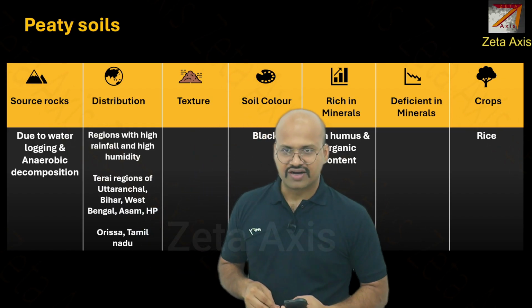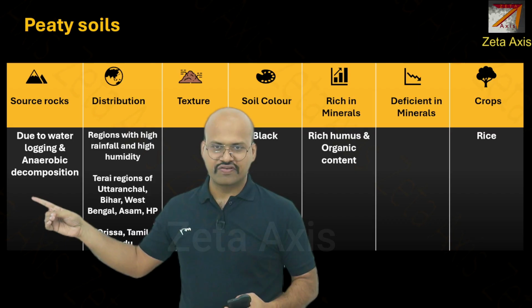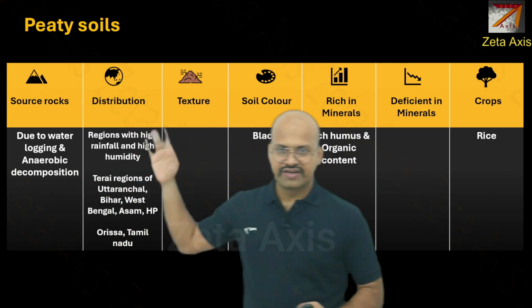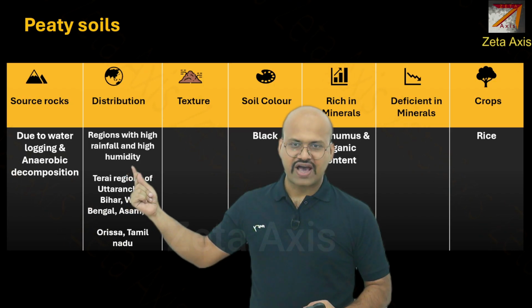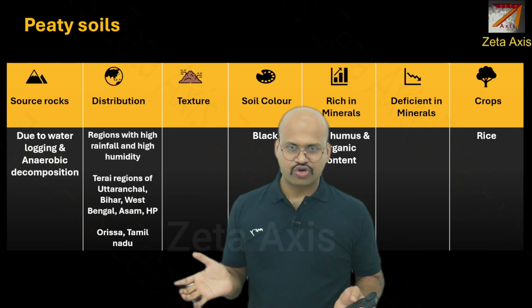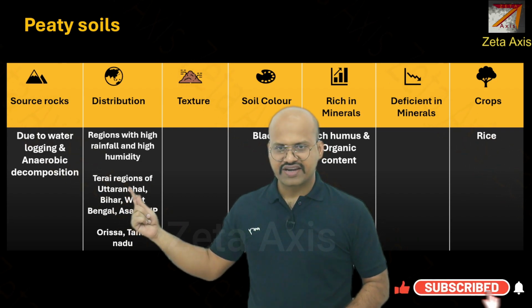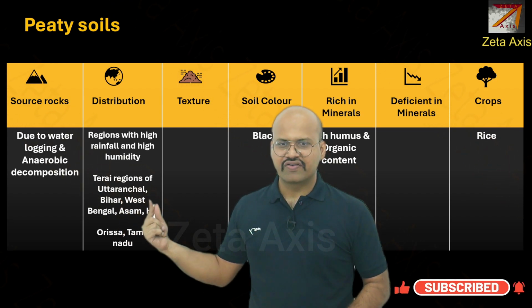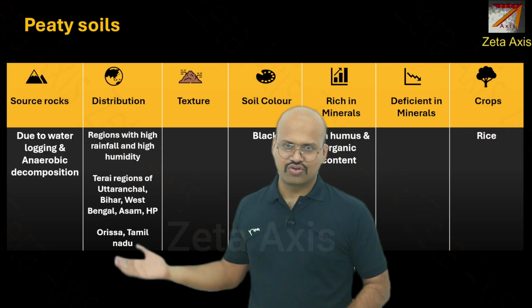Let's see the characteristics. It is formed due to waterlogging and anaerobic decomposition of plants or vegetation. Distribution: regions with high rainfall and high humidity. Because of high rainfall, a lot of water is accumulated, and because of high humidity, evaporation is less. In the Tarai regions of Uttaranchal, Bihar, West Bengal, Assam, Himachal Pradesh, and even in Odisha and Tamil Nadu, we find the